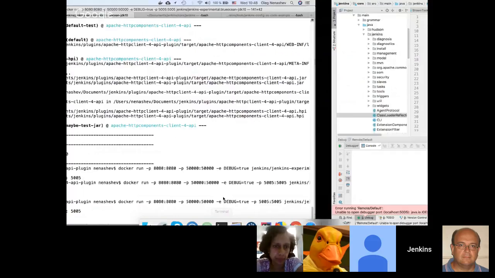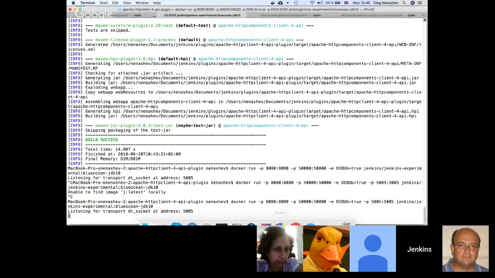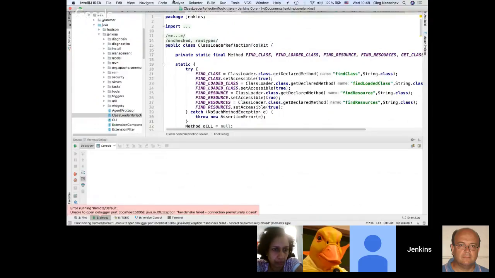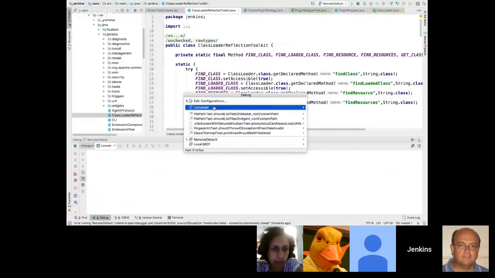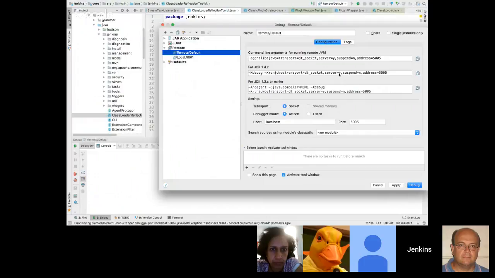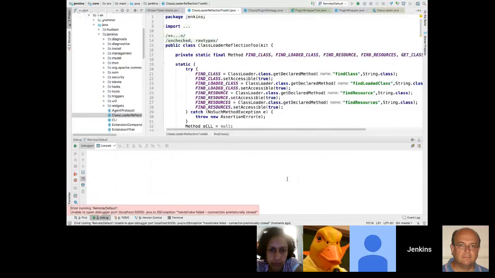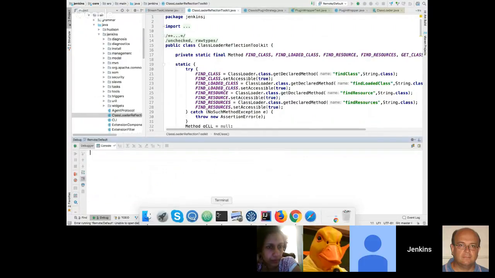Yeah, that would be nice. Okay, what's going on this time? Let me check the debug settings. It's port 5000, localhost, it should actually be running. Yeah, pretty much closed. I'm not sure what has happened. Maybe it's also related to the Java version. I will check it after the call, but this is the idea.